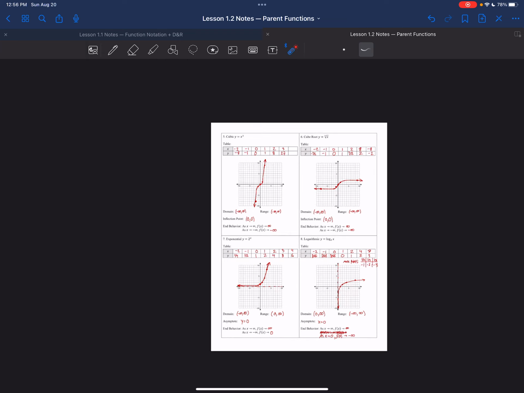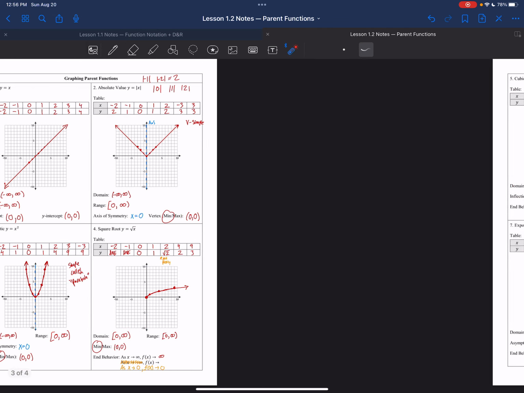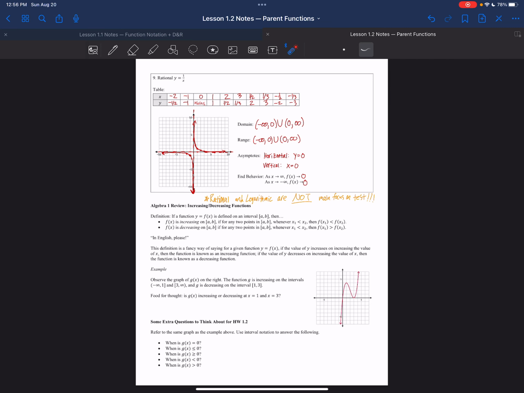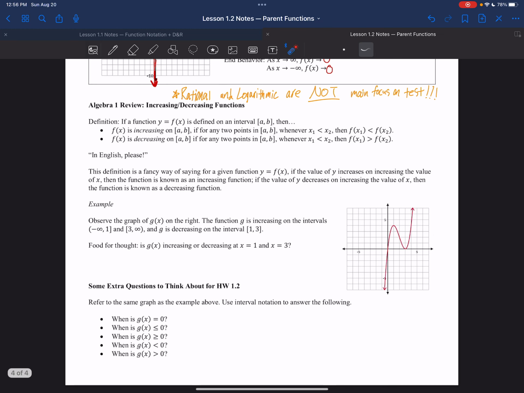Okay. Well, that is all the parent functions. And that is just a walkthrough through all of them, which again, I didn't talk in class like this, just me. All of you, the students, the lovely exploring students, found this out on your own and then shared with each other. Okay? So, I will make a short part 2 of this video, just for this last part. It's Algebra 1 review on increasing and decreasing functions. That's not in here. Okay? So, if you would like to see the continuation of this video,